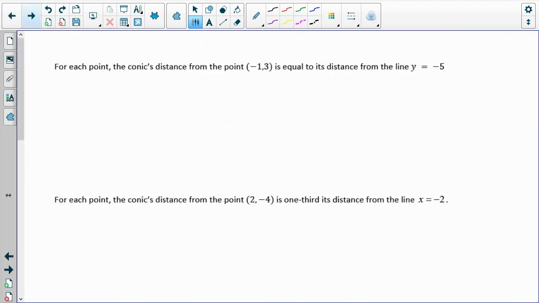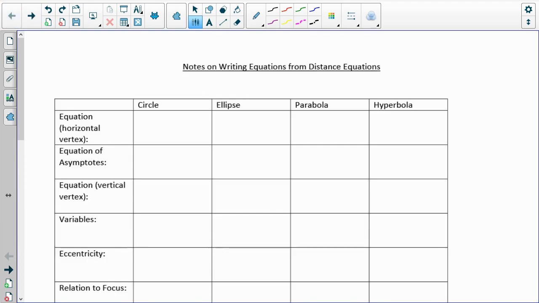Number 2, for each point, the conic's distance. Oh, well, now we know that they're going to be conic sections from now on. The conic's distance from the point negative 1, 3 is equal to its distance from the line y equals negative 5. Remember that the conic that's equidistant from a point and a line is going to be a parabola. This should make sense because this will be the focus and this will be the directrix. So I have the square root of x plus 1 squared plus y minus 3 squared, and that equals y plus 5. Because remember, from the previous side,